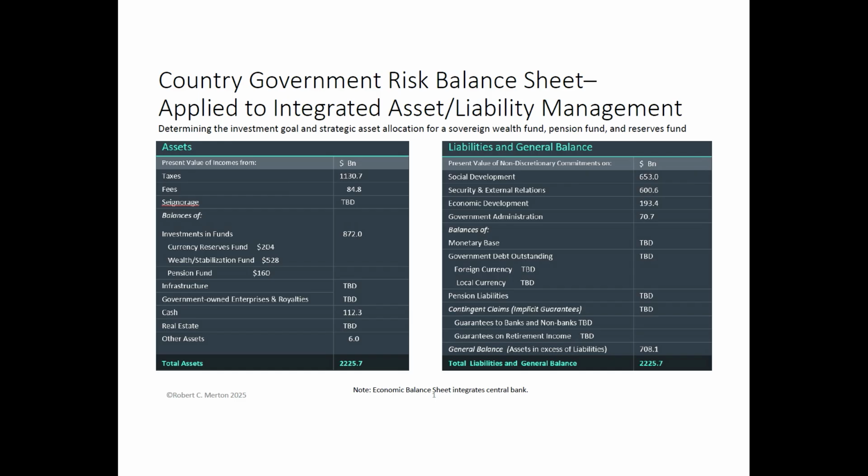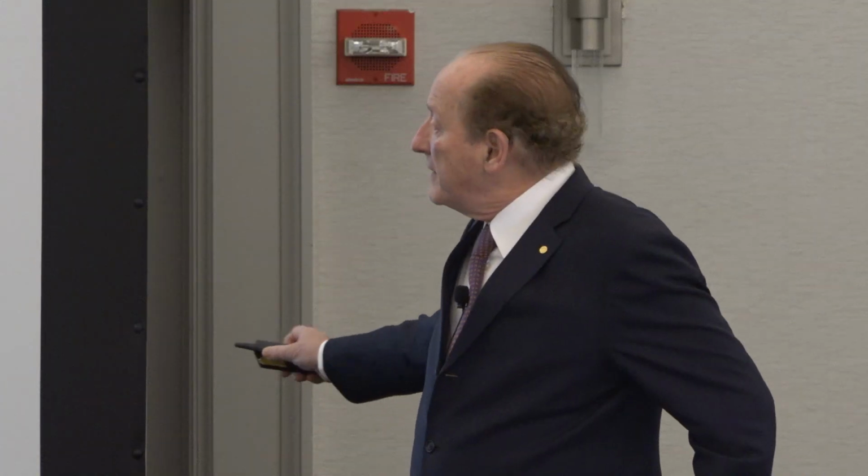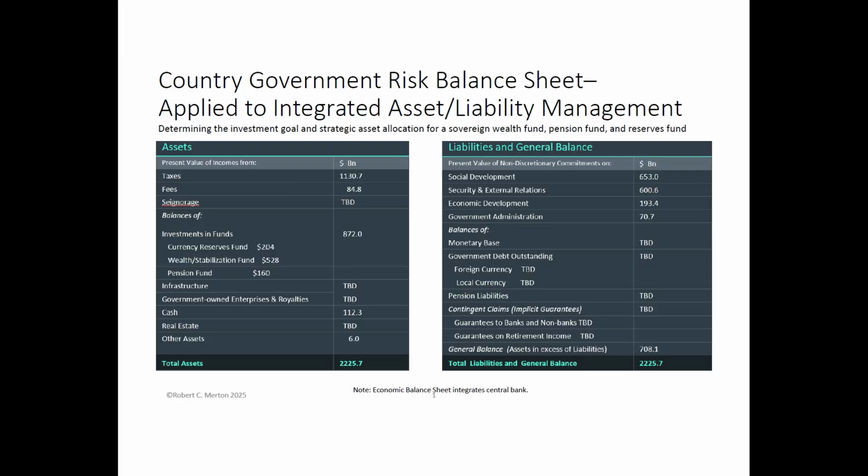So the next point is simply, if you take GIC of Singapore, one of the largest, we don't know how large, but one of the largest sovereign wealth funds in the world, and you take the Petroleum Fund of Norway, a very large one, okay? If you look at sovereign wealth fund to sovereign wealth fund, you might say they ought to do the same thing, or something like that. But that's missing the point, because what matters is the risk of the whole. You have assets minus commitments. It's the residual that you're trying to manage. That's all you can do. And it's the residual's risk that matters to you.